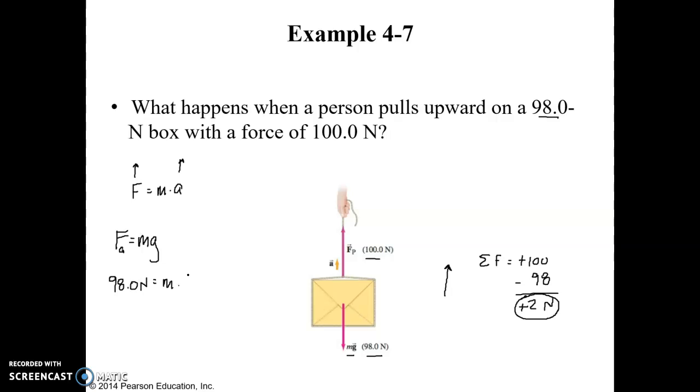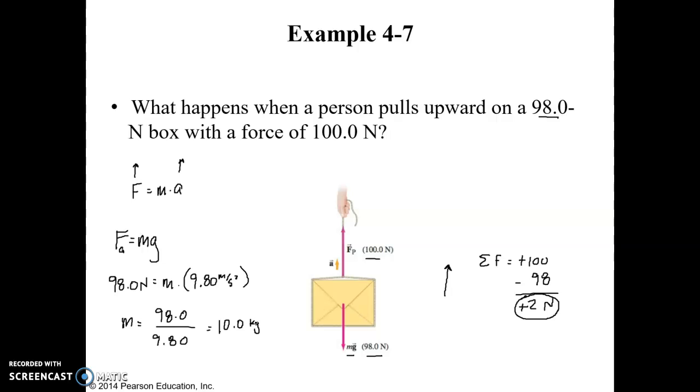That'd be mass times the acceleration due to gravity, 9.80 meters per second squared. Then we can determine that the mass of the box is 98.0 divided by 9.80, which means it has a mass of 10.0